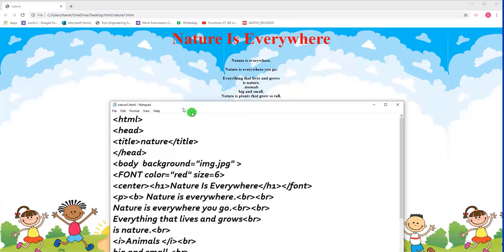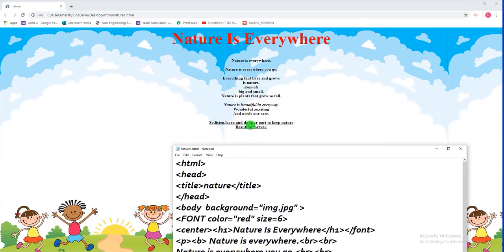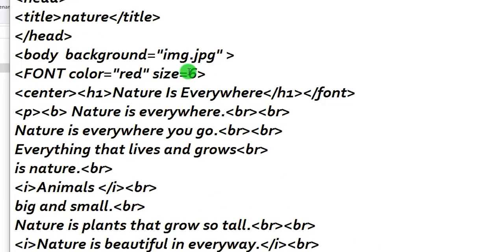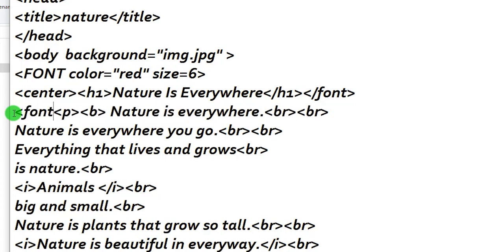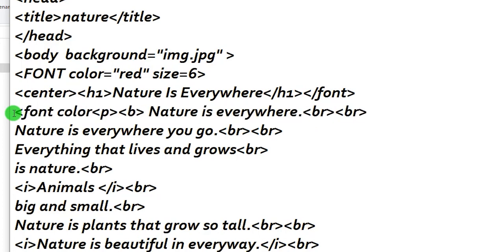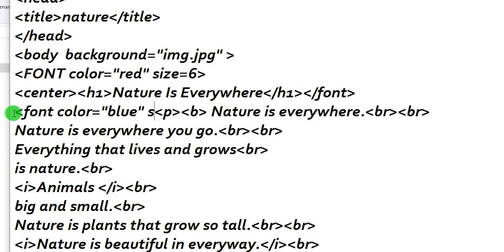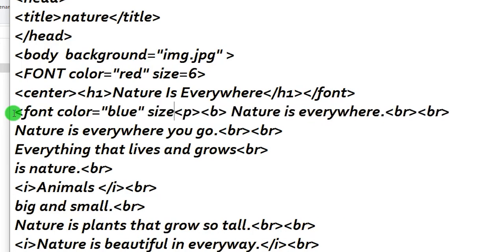If I want, I can even make it applicable to all others. For that, what I need to do is, I will simply change the closing font tag. Here we had the font color, we had the font size, and I had closed the font tag. Now I can again start another font tag, font, and now I choose the color as blue. Color is equal to double quotes blue. And here the size also, I want it to be a little bigger, so I take the size as say 4.